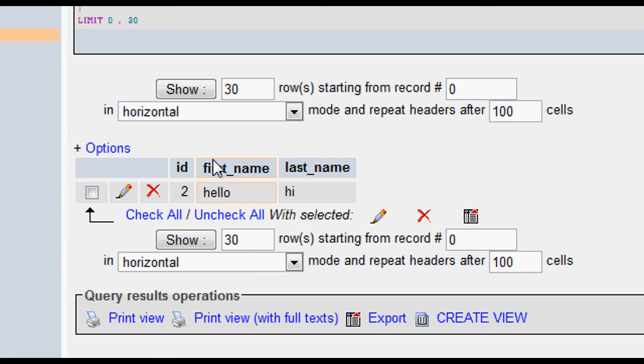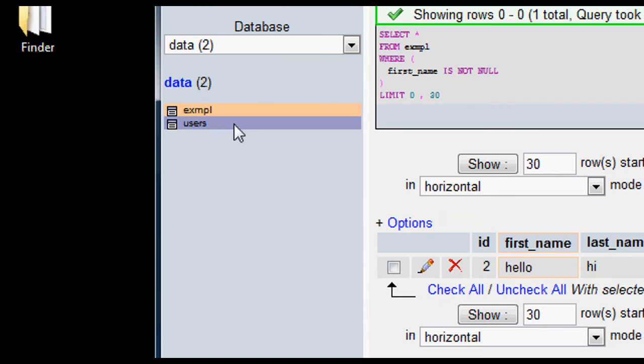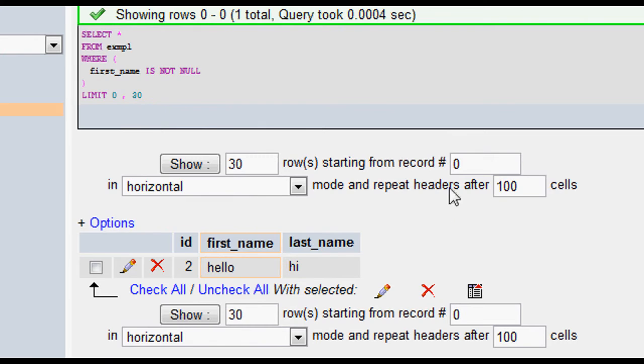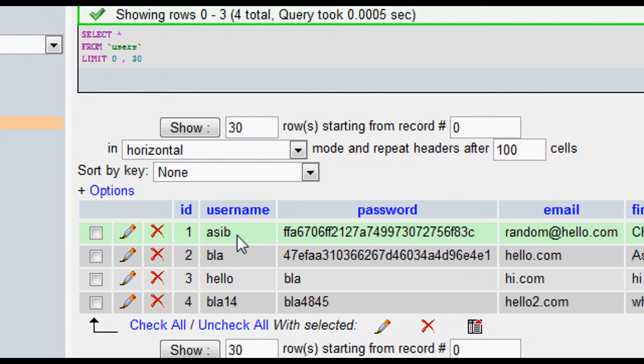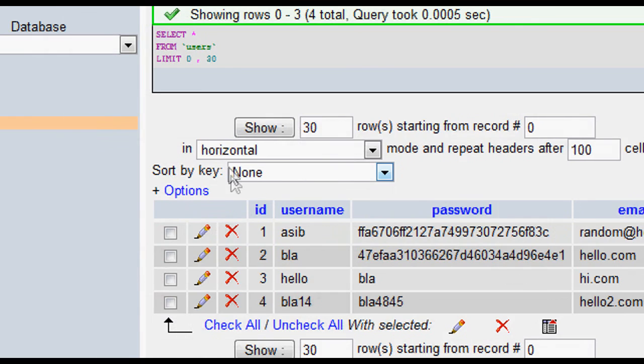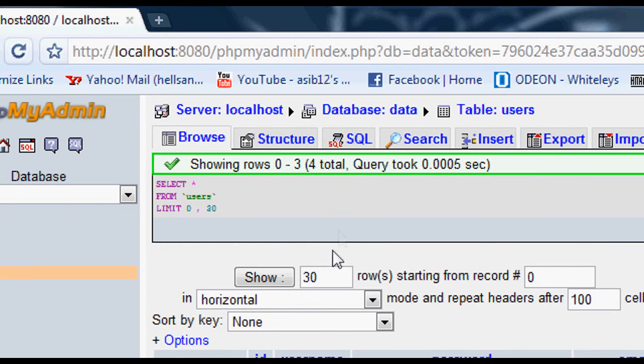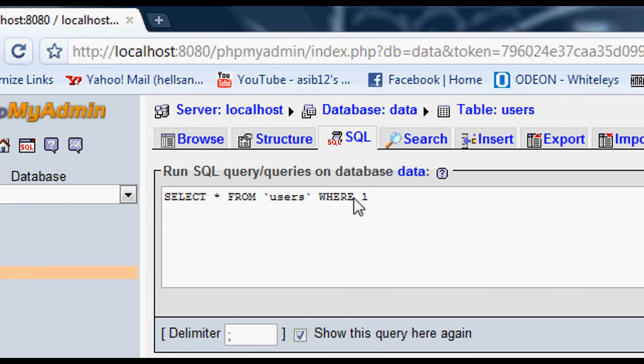Okay. Now we have the BETWEEN and NOT BETWEEN keywords. So I'm going to use this one because I've got more records in it, so it's easier. I'm going to say where, and then I'm going to put this between parentheses again just to be safe. Where ID is between